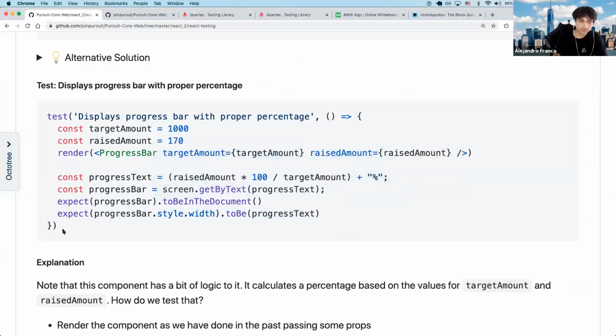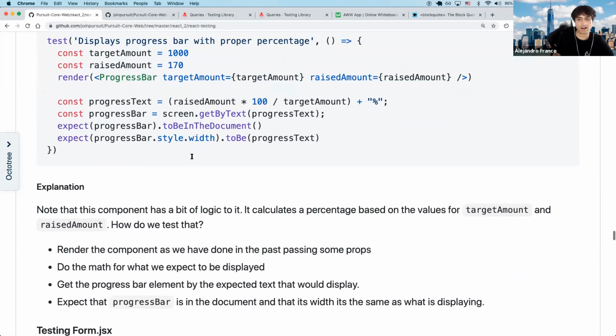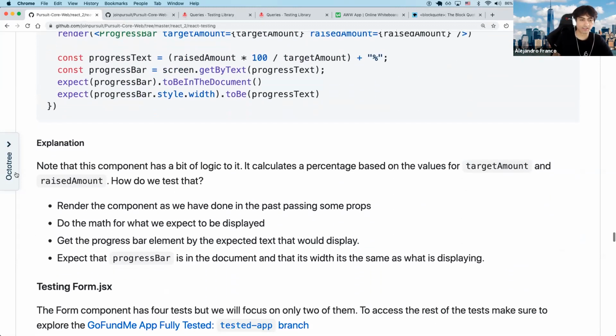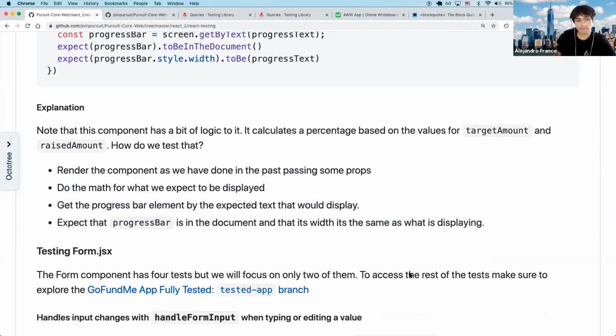Questions or thoughts about this test? So all these tests we've done so far are basically just asking, are the things that are supposed to show up showing up, and are they showing with the right content? So that's the first part, and all those were functional components, and so on. Also, review this lesson later, because it has some explanations that maybe are different from the way that I'm explaining it verbally, and so on. Okay, we're gonna move on